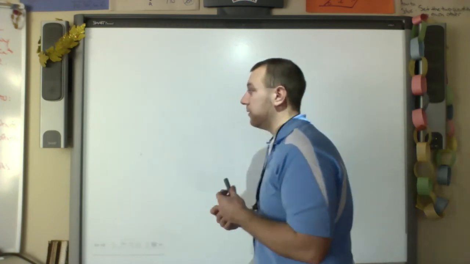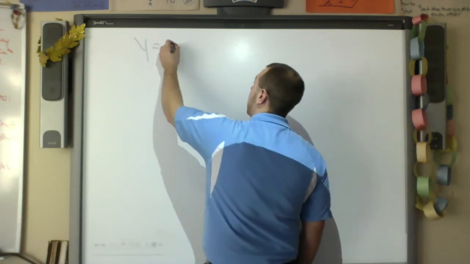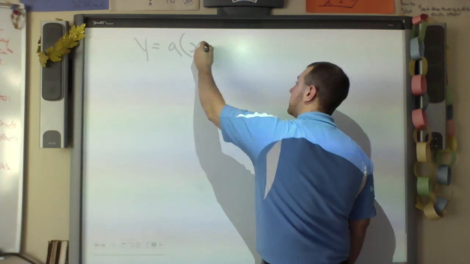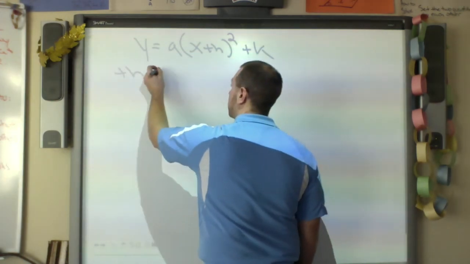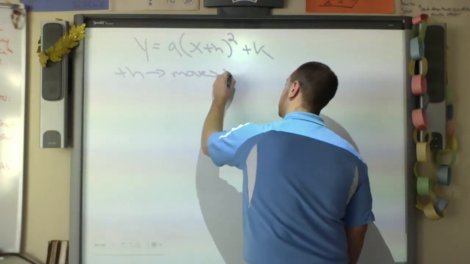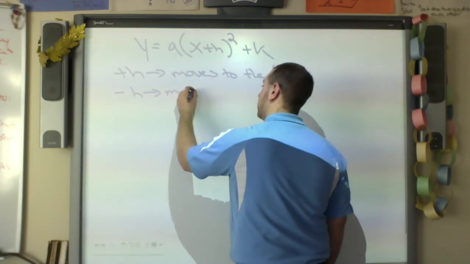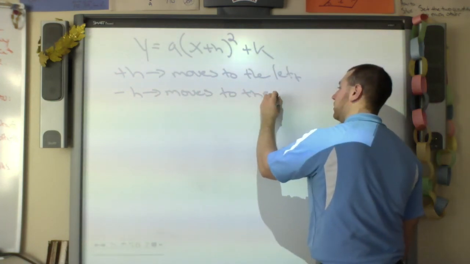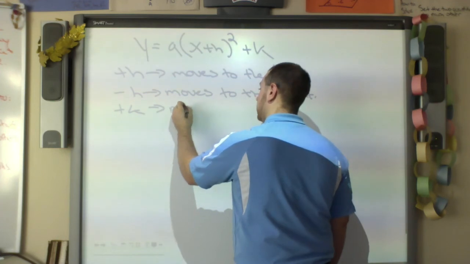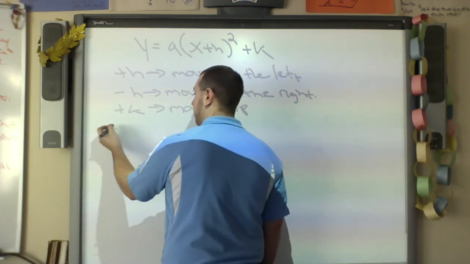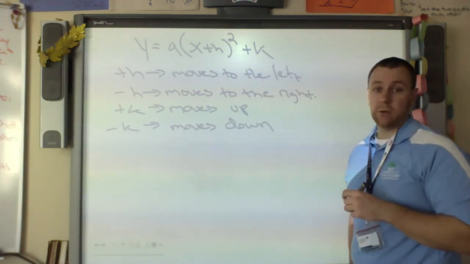So just to review that, okay. If I have a y equals or an f of x equals a parentheses x plus h squared plus k, remember a plus h moves to the left, a minus h moves to the right, a plus k moves up, a minus k moves down,